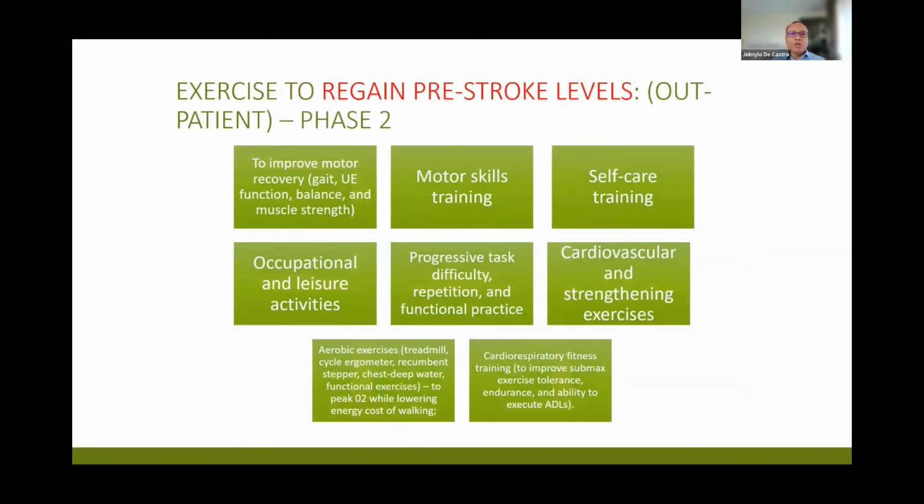And of course, phase 2: regain pre-stroke levels, improve motor recovery, gait, upper extremity function, balance and muscle strength, motor skills, self-care training, occupational and leisure activities, progressive task difficulty. You do repetition and functional practice, cardiovascular and strengthening exercises. And of course, we can shift to a more active type of exercise like treadmill, cycle ergometer, and of course, recumbent stepper. Treadmill may not be a good one,